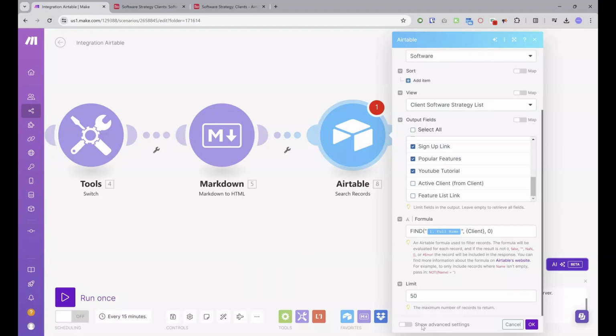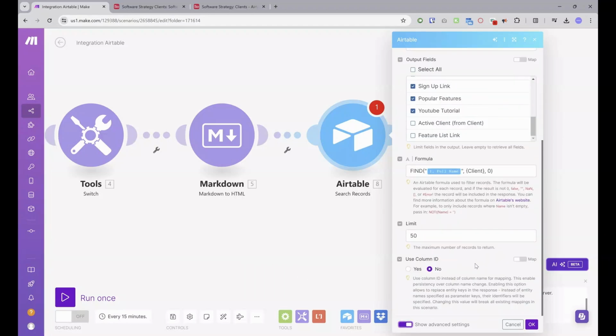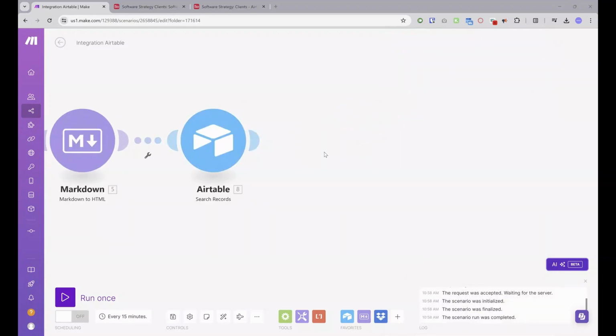Right, and then we're going to click Show Advanced Settings, scroll down, and I'm going to choose Use Column ID. And this is important because the column ID is a static number, whereas your column name can change and anybody can change it. If you don't use a column ID and you rather use the name of the column, then if that name changes, this automation won't work. So keep it at Use Column ID. Click OK. So the next thing we're going to do is grab the Word template that we need to make